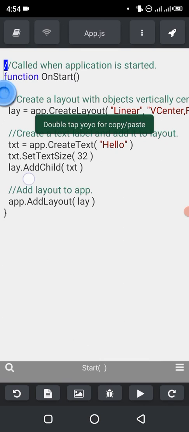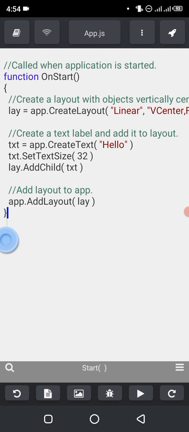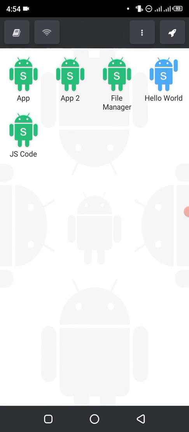There it gives us a simple layout of the app which says hello. In case you want to run it within your editor, click on this button. Click on it, then it will still do the same. Run. Voila, there we have it. Now, if you notice, every DroidScript project that we made, like the first time I made app 1, app 2,